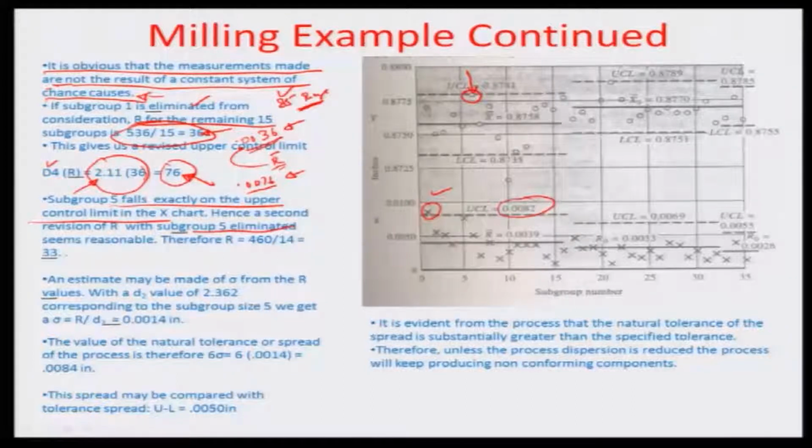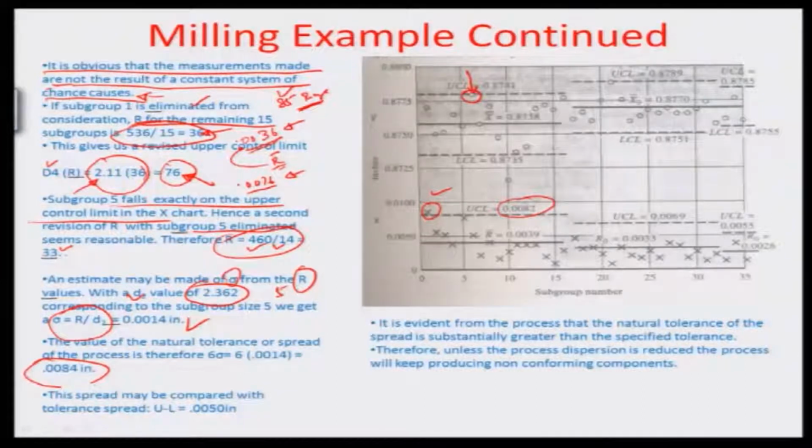So as the subgroup 5 is eliminated, the new range that can be computed is 460 by 14 now, and this becomes equal to 33. Okay. So an estimate can be made of sigma from R bar, obviously from the control table, the corresponding 5 subgroup size, the sigma and R bar can be related by R bar by D2, and the D2 value is about 2.362 from the control table. So that is 0.0014 inch, that is the sigma. So if I consider this sigma, obviously the 6 sigma is about 0.0084 inches,